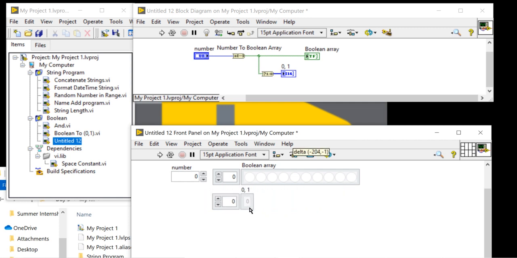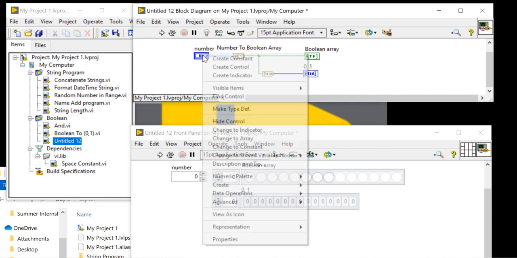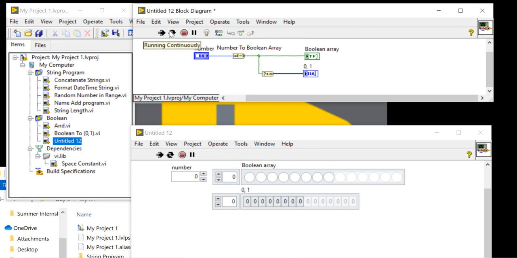So now the concept of why I am taking only 8 bits: because here we can read it easily. If I take I8, I can read it easily. Now you can see by default it is U16. Before that I am going to run and show the output.